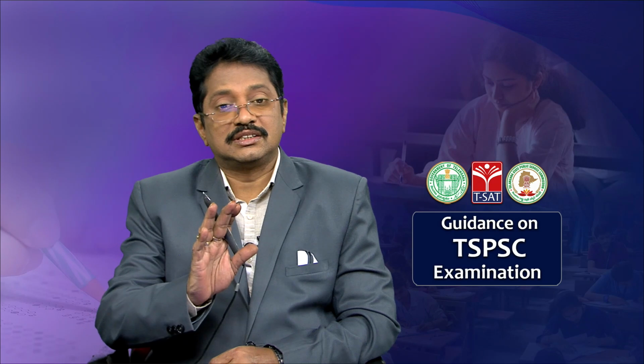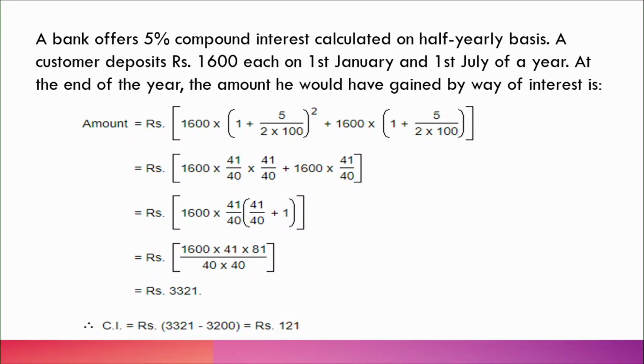Okay. Now we will practice the previous examination questions, and that will give a clear idea about what kind of questions will come in the examination. See here, I am giving the total explanation in a typed format so the viewers can simply copy the solution easily; if I did the work by hand, you may feel difficulty copying the answer. Now I am going to explain how we find the answer, the steps, the method and the logic behind it. Okay. A bank offers 5% compound interest.